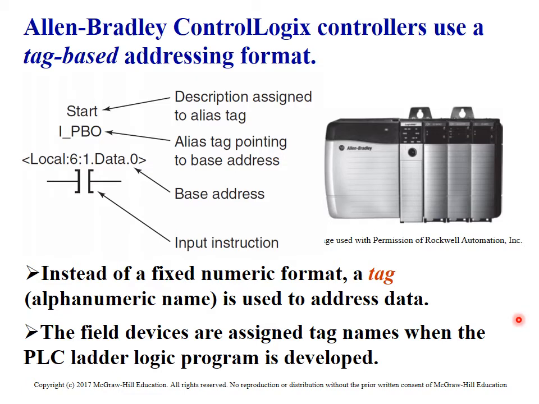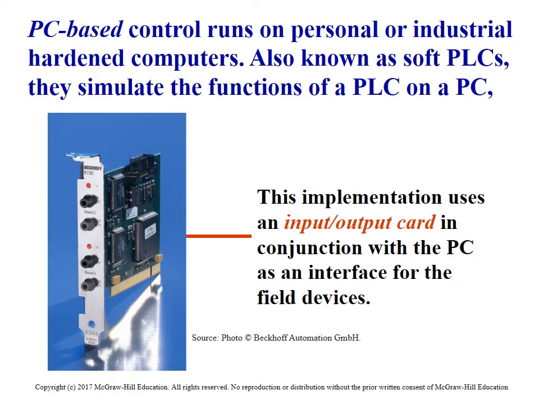Again, we're talking the Allen Bradley I/O addressing, the older format of it, so I'm not going to get into too much depth here. Just going to make you aware this is how it is laid out. The local 6.1 data 0, this is the new format we'll be following, but as we get further and further into the 5000 software, RSLogix 5000, we will be learning more and more details.